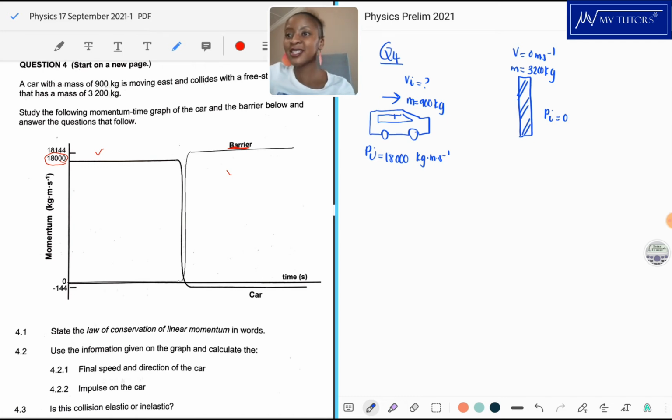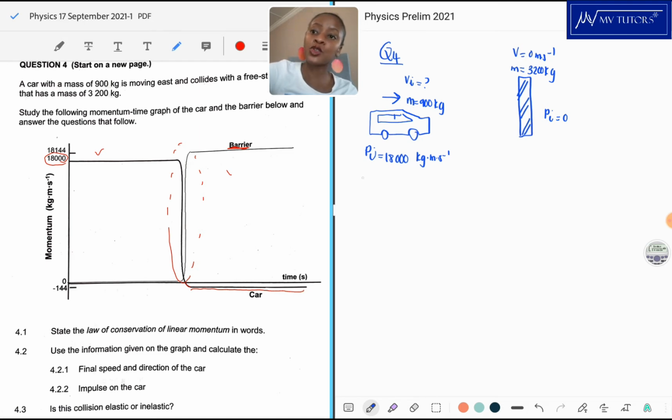And then there's a collision. The collision happens somewhere around here, and we can see that the car's momentum rapidly decreases. Why? Because once it collides with the barrier, its speed is going to rapidly decrease. It decreases to such a point where this at the bottom here indicates that it rebounded. It went into the opposite direction. So we know that the final momentum is actually negative 144